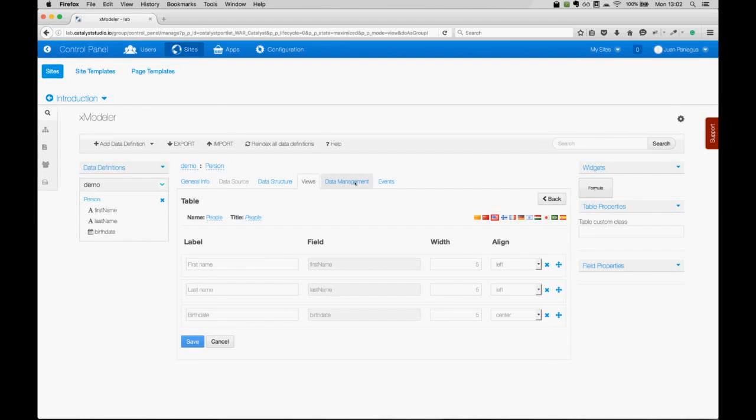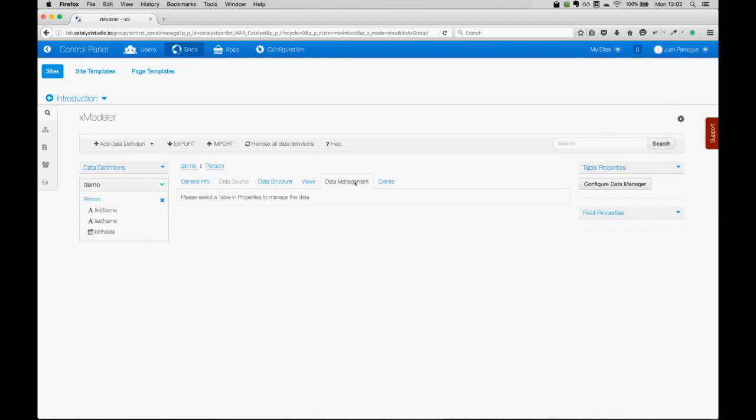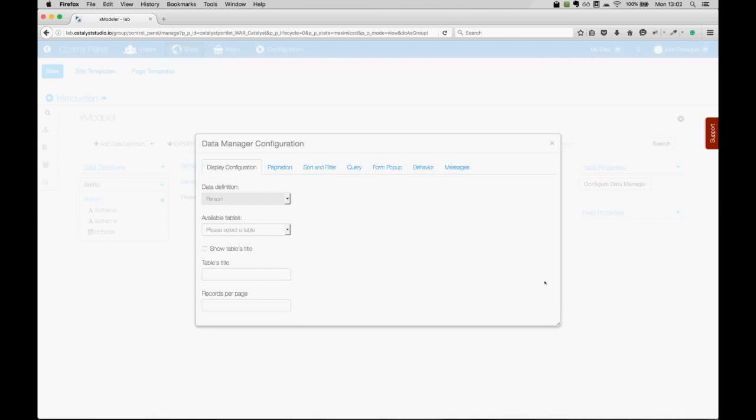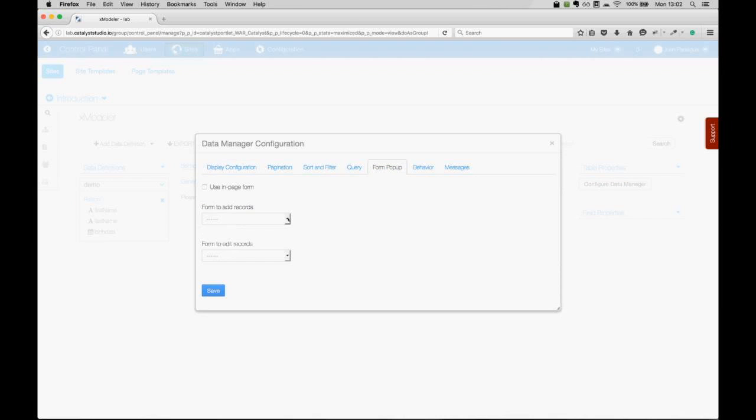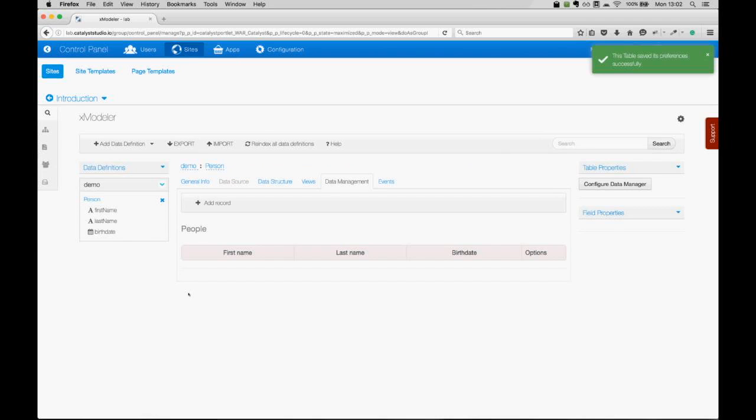If I now go to the data management tab, I can configure the data manager to show us the form and the table we just created. So what I'm going to do here is select a table for person. I choose the table people, and I go to the form pop-ups, and I select one form to add records, which is in this case new person, and I will also select new person to edit records. I save this, and if I close it, we should be able to see here that we have